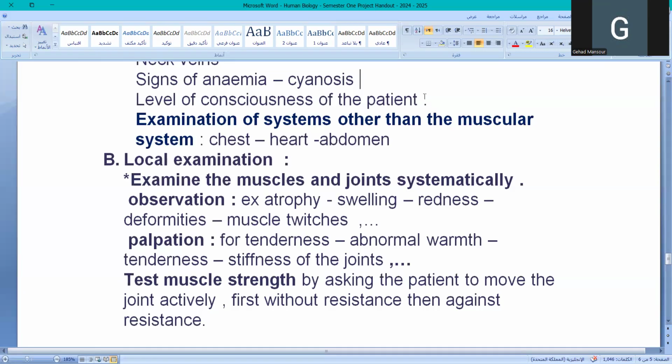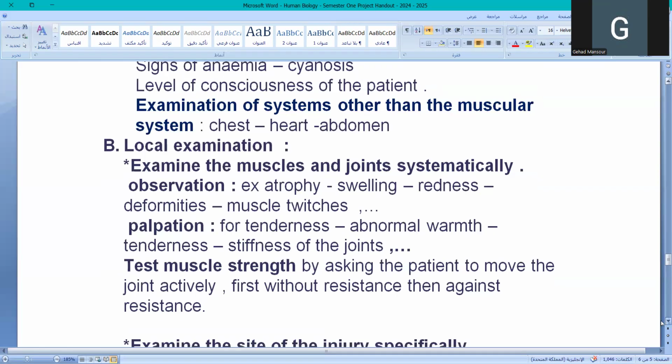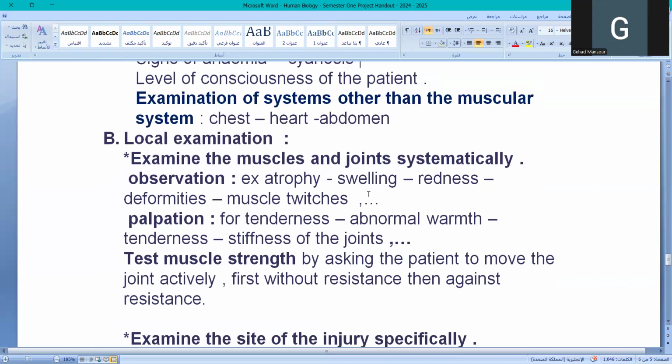And then the level of consciousness of the patient. This is part of the general observation. Of course, I wouldn't ask you to give me a detailed leveling of the status of consciousness of the patient, but it's enough to say that the patient is fully conscious or semi-conscious or unconscious, for example. And then you start examining the rest of the systems rapidly, the chest, the heart, the abdomen,